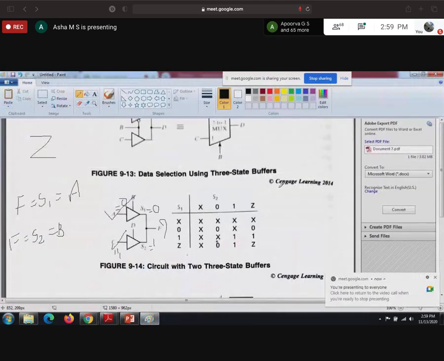Okay. So this is the truth table for this condition. This is the possible states of S1. This is the possible states of S2. Then what is the output here? When S1 is under don't care, for any other combination of S2, it will be don't care or unknown. We can say it's unknown. X we can take as a don't care or unknown.